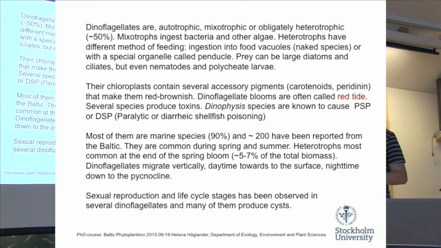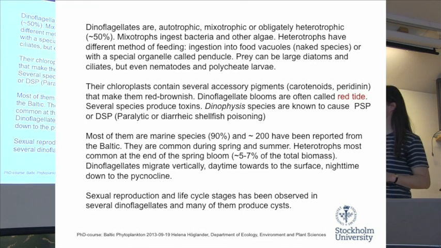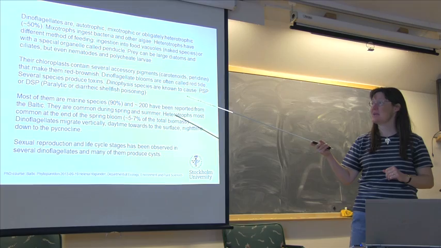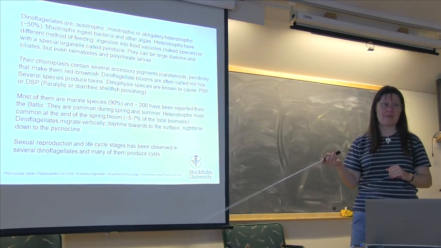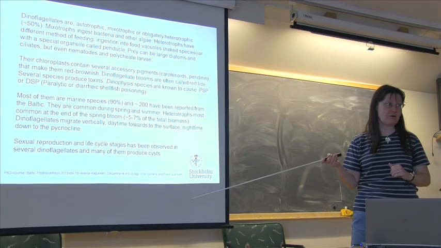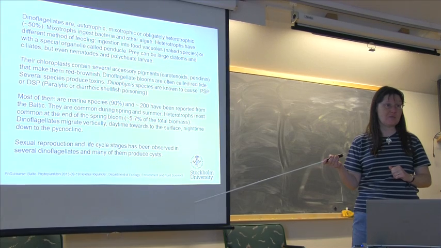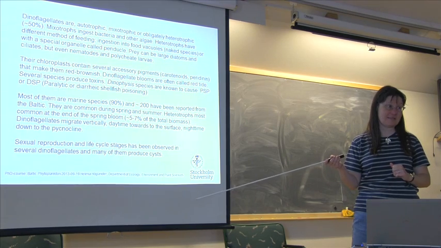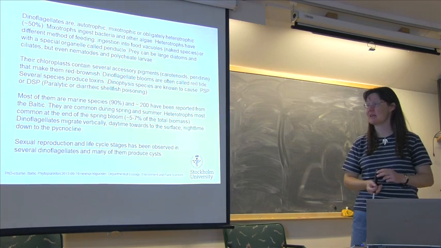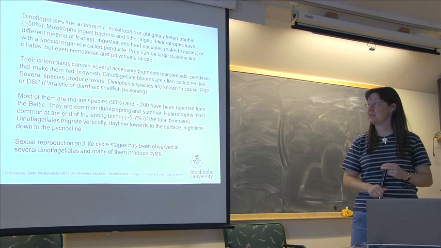Yeah, and also they have different kinds of accessory pigments, usually carotenoids and peridinin. This makes them usually reddish brown, and that's why large blooms of Dinoflagellates are usually called red tides. And we don't really have so many red tides here, but in other areas it's very common to have red tides. And a lot of species are also toxic, and